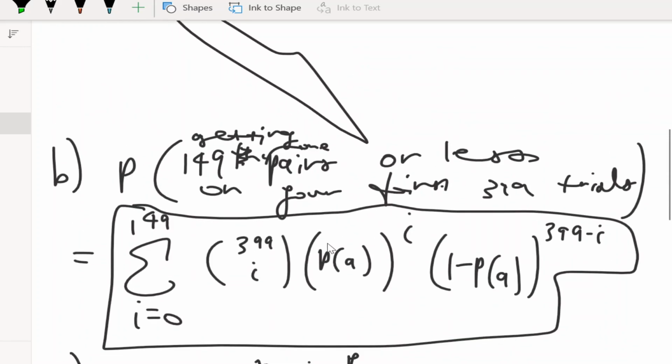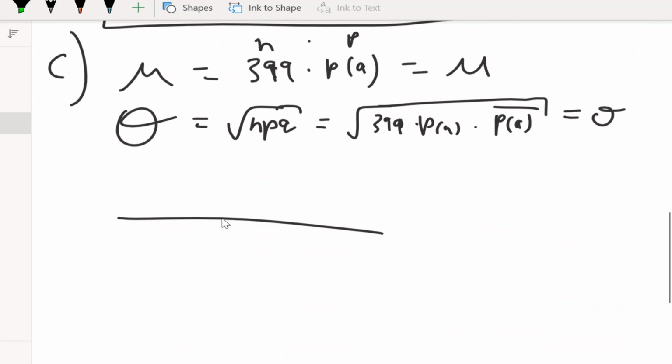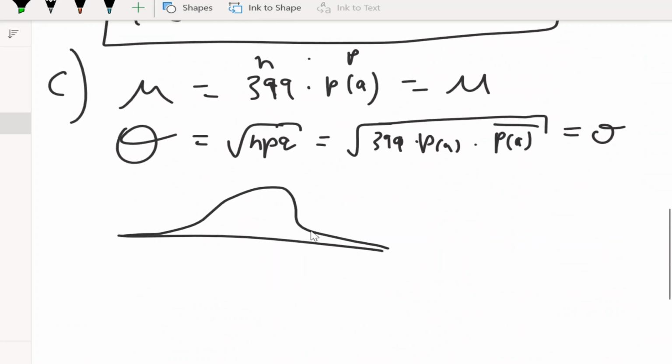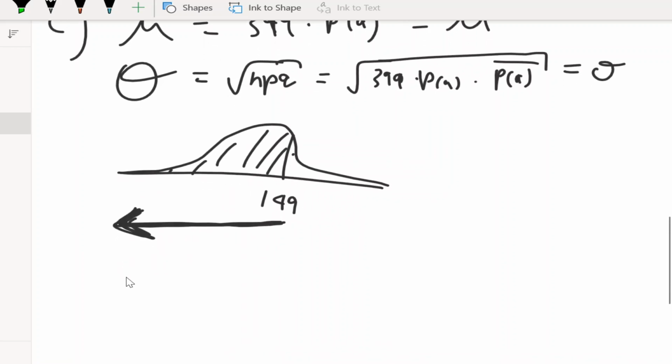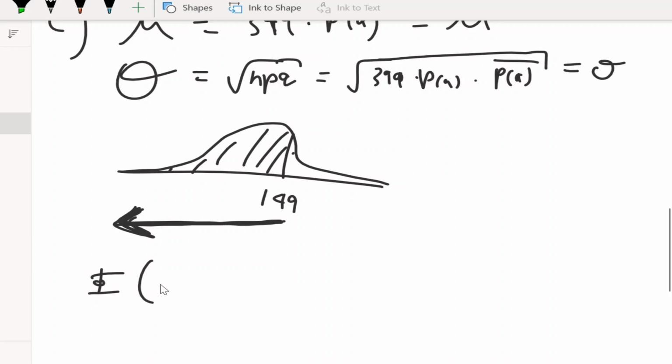So, remember, we want to find the probability of 0 to 149 successes. So that's a normal curve, and let's say 149 is here. It might not be, I'm just writing it there. We want this shaded area. So, oh yeah, we're doing the CDF, right? So if we use the CDF, the phi function, we're just getting that entire area. So we just need to do phi for 149, which is super easy. Cool. This makes me happy. So it's just 149